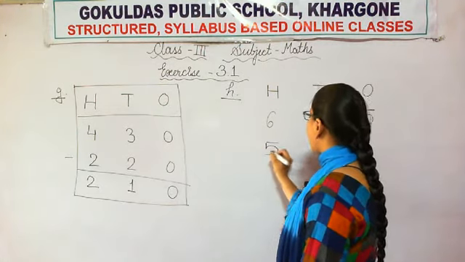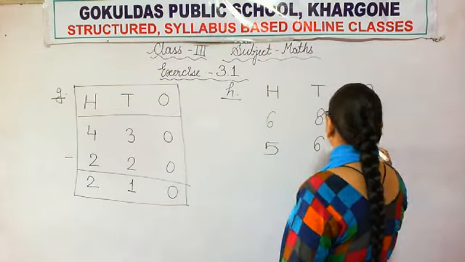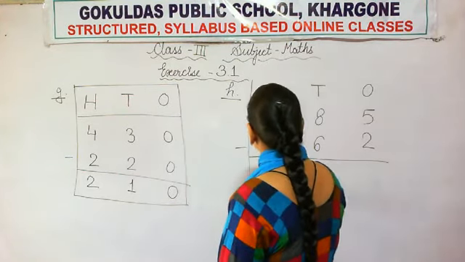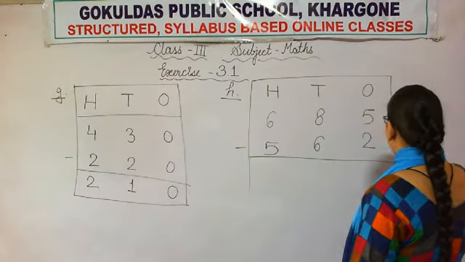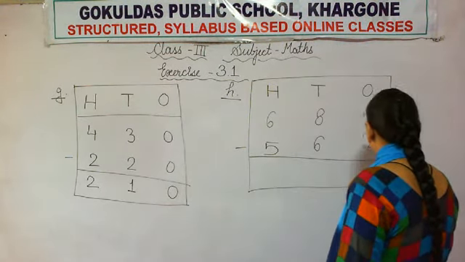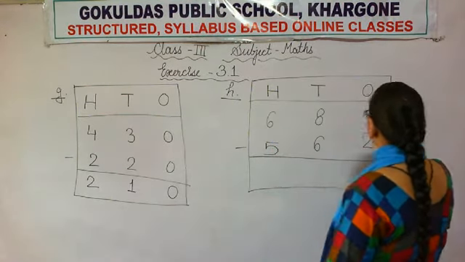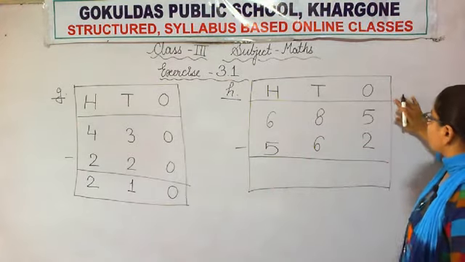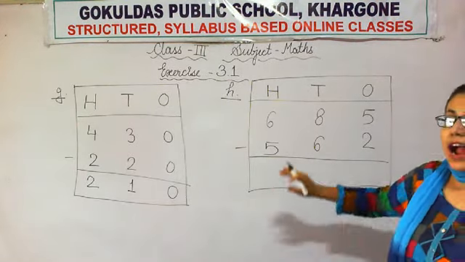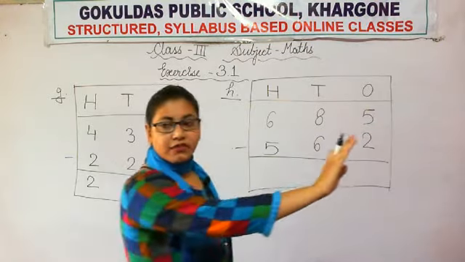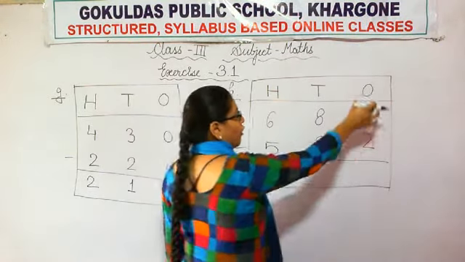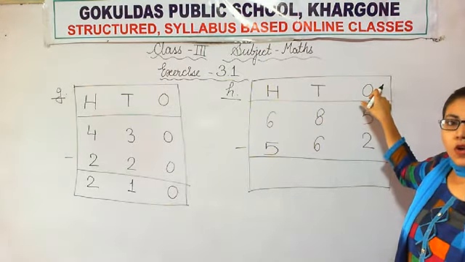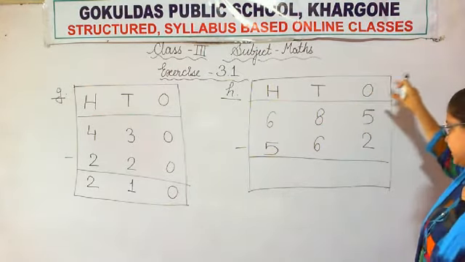So we'll write 562. Now put a minus sign as we are doing subtraction, and do not make the lines by running hand as I am doing. You have to use a ruler or scale. Now, where do we always start from? We always start from the right. Our rightmost place is ones. So, we'll start from ones.